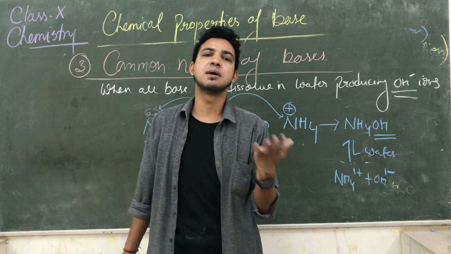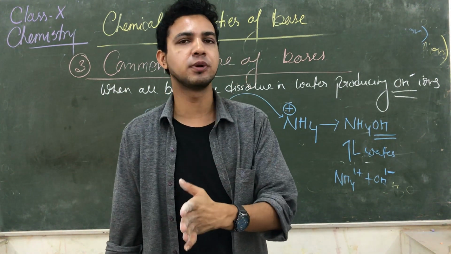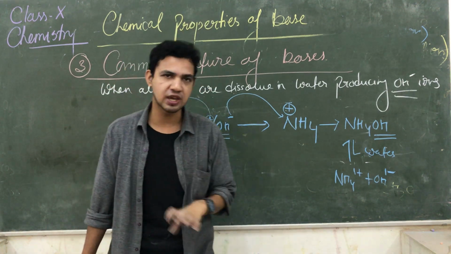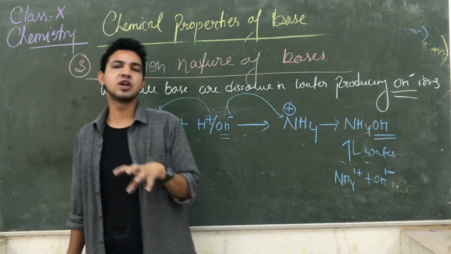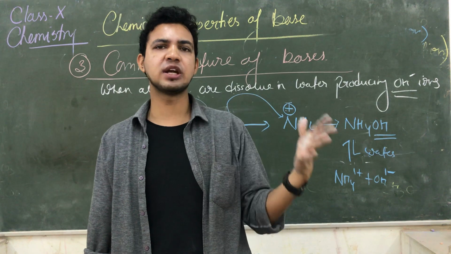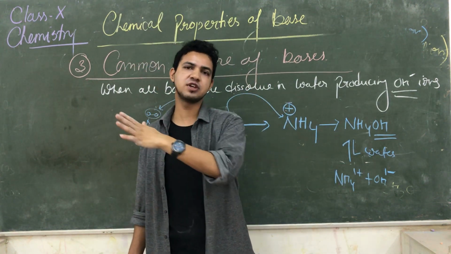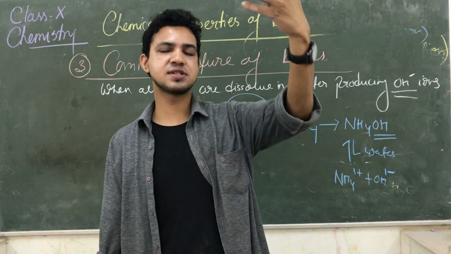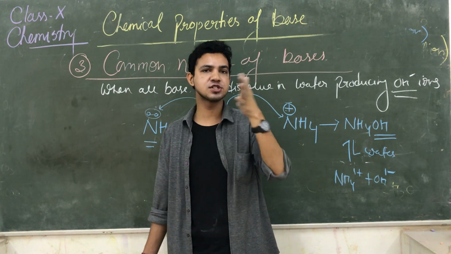And the next, the bases are bitter in taste. They are able to turn red litmus paper to blue litmus paper. तो ये आपके कोर्सेज में कुछ केमिकल प्रॉपर्टीज हैं किसकी? बेसिस की. Okay. Then we are working on the nature of the acids and bases. You know that one is strong, that one is weak, that one is a strong base, that one is a weak base. But how are we identifying how much it is acidic? Acidic में भी रेंज अलग है. Acidic में weak कहाँ है और strong कौन सा है?